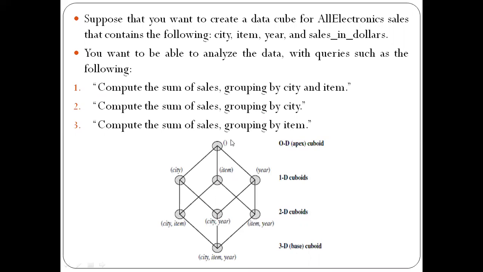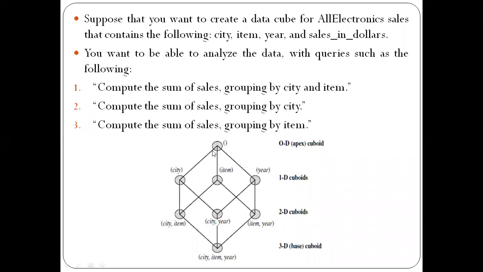In the last class, I explained the OLAP operations. In that, we saw two operations, roll up and drill down. Roll up is nothing but, if you start at the base cuboid, that is from the bottom level of a concept hierarchy, and climb up the concept hierarchy, that is called a roll up. And drill down is nothing but starting at the highest level and stepping down the concept hierarchy. That is called drill down.